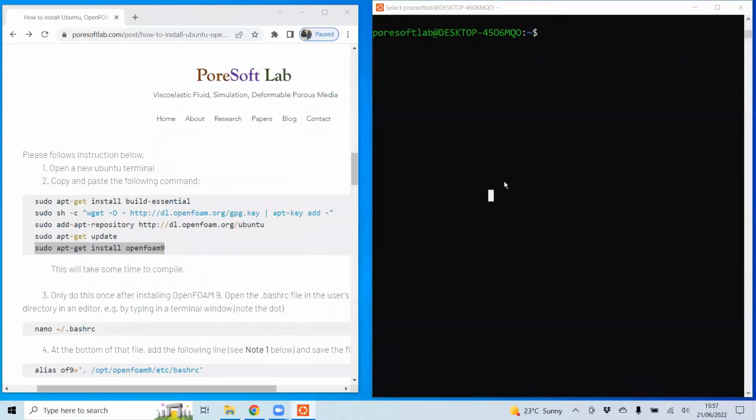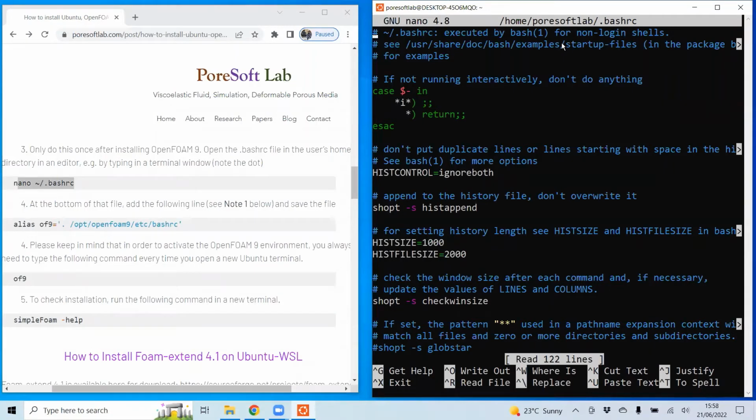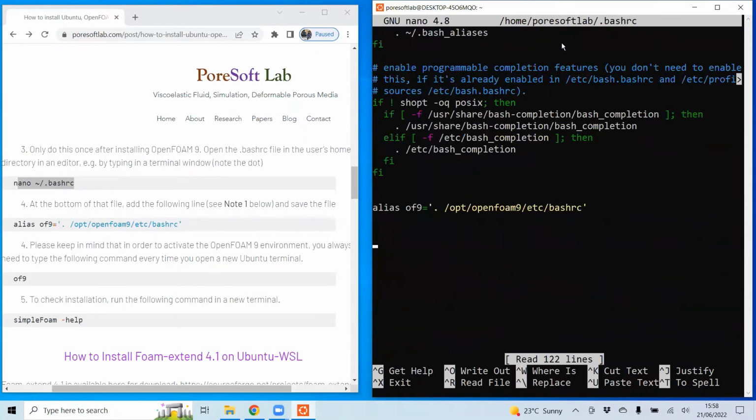So it took almost 20 minutes to install OpenFOAM 9 on my PC. Now we need to do this only once when we install OpenFOAM 9. Since we have the Nano editor with us, we can open the bashrc file, and to do that, just copy this command, nano ~/.bashrc, and use the Page Down button to go to the end of the file.